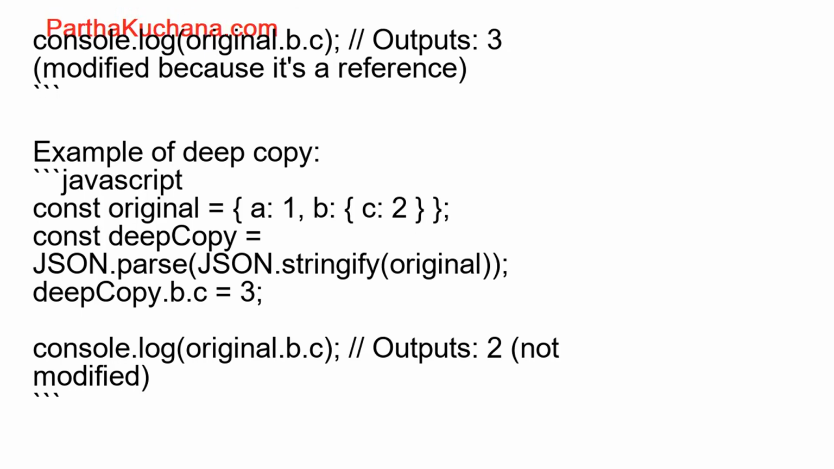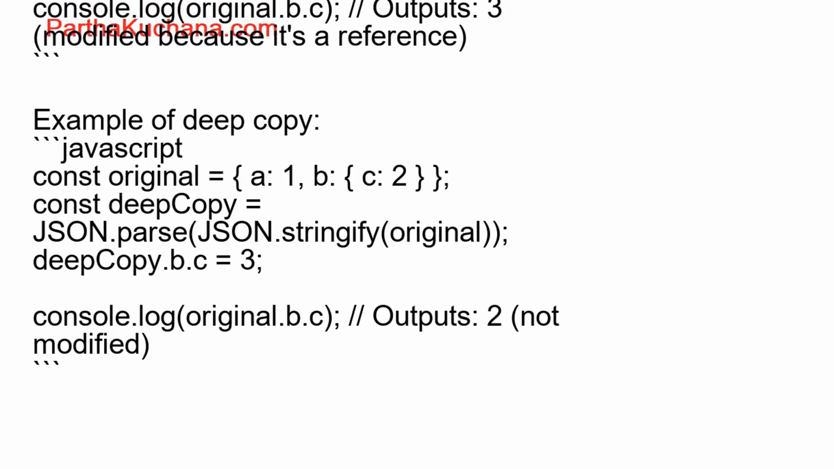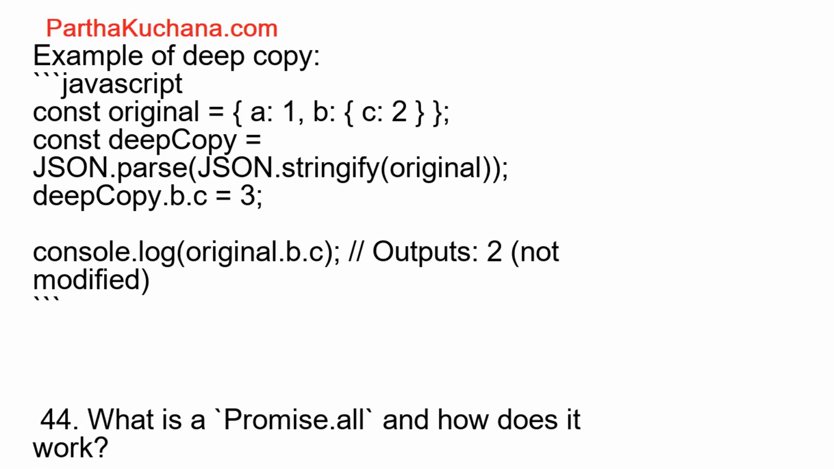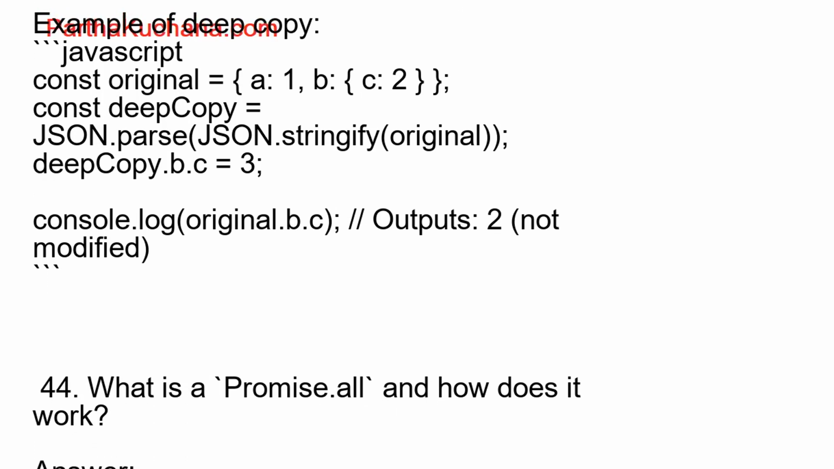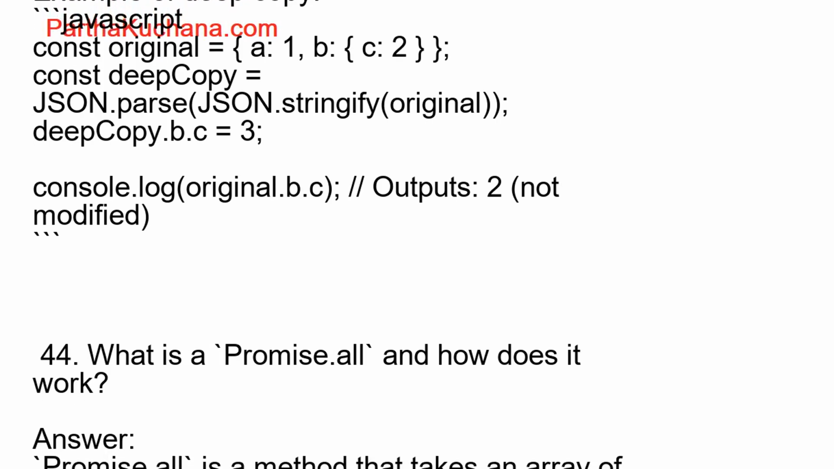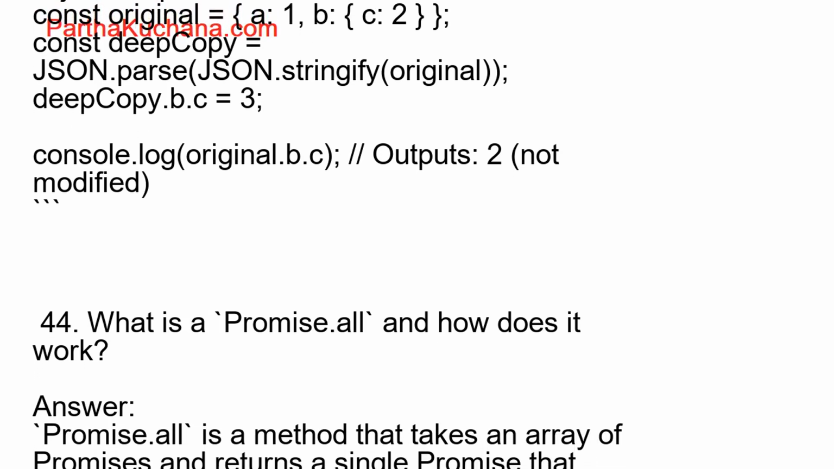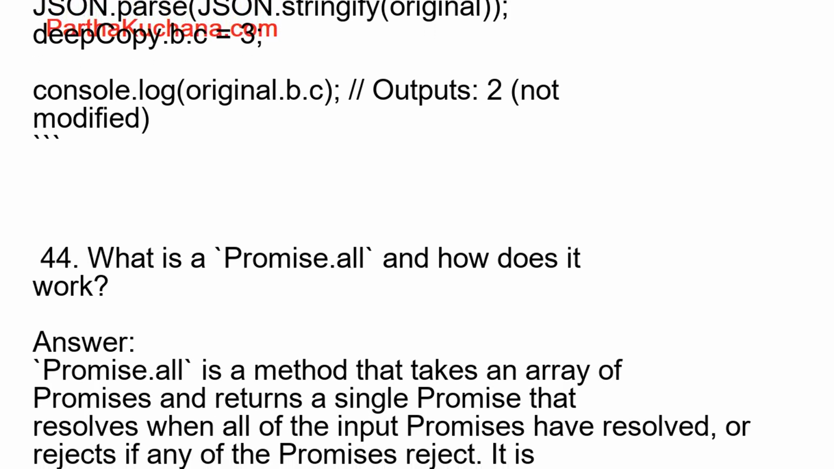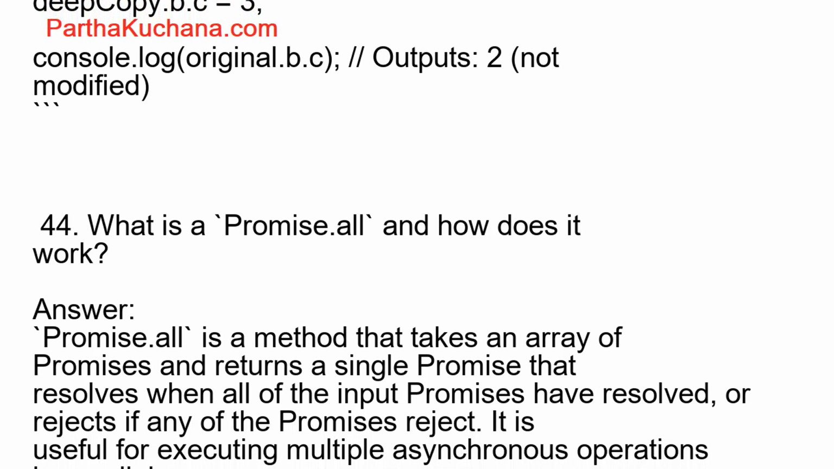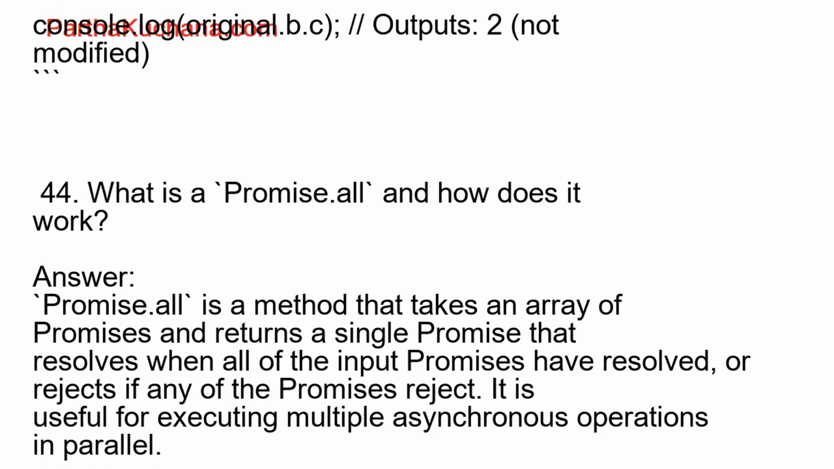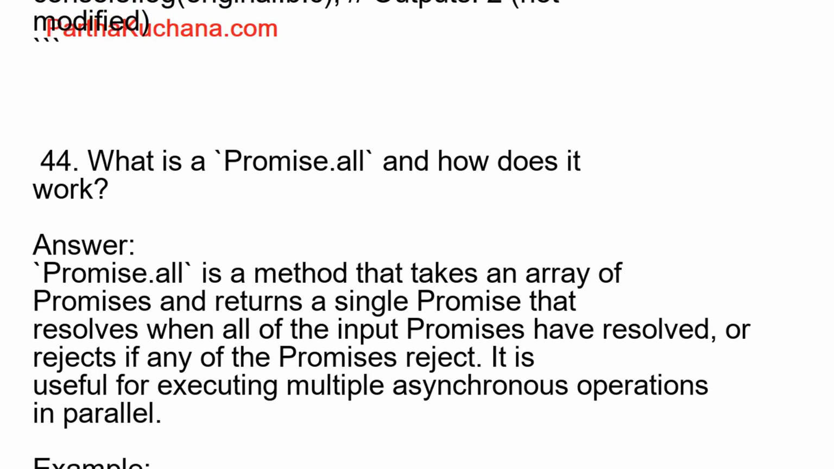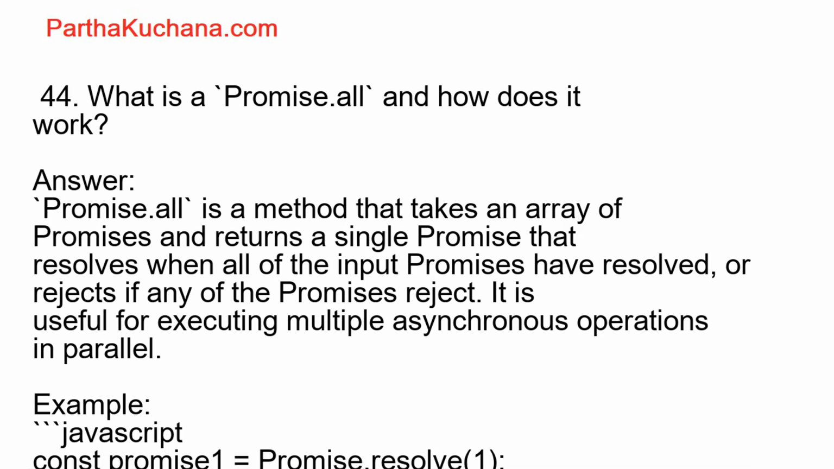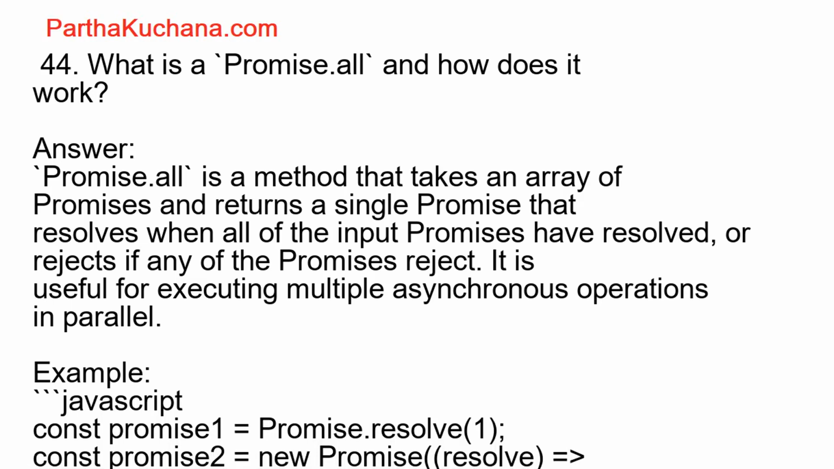3. Async/await with try/catch. When using async/await, wrap your code in a try/catch block to handle errors. Example. JavaScript. const fetchData = async () => { try { const response = await fetch("https://api.example.com/data"); const data = await response.json(); console.log(data); } catch (error) { console.error("Error fetching data:", error); } }; fetchData();